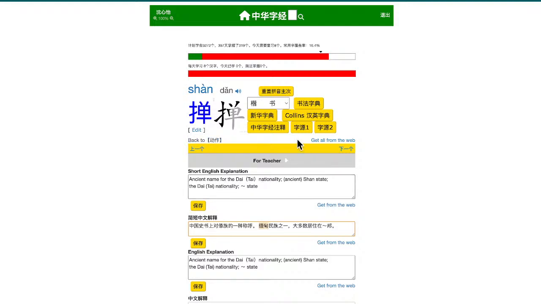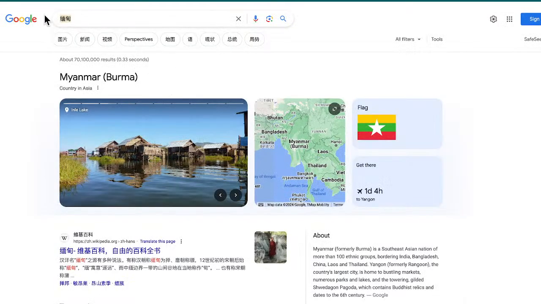Let's take a look at the characters. So this one on the right hand side is 单. 单 means single, like one single. And then you know this tool, 鸡毛掸子. Okay, I need to